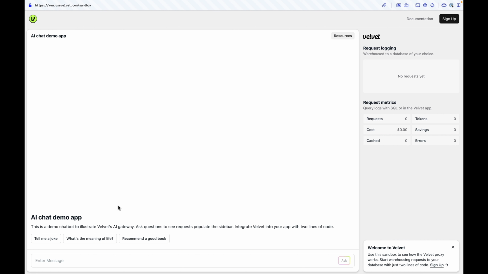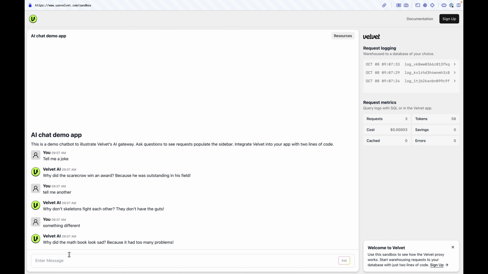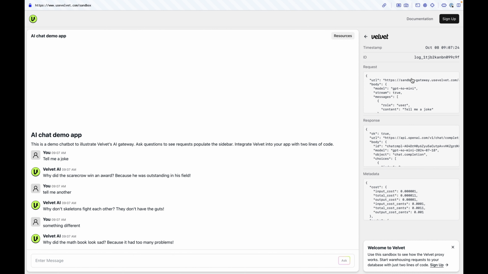As a user, I'll ask it to tell me a joke, tell me another. As I get responses back from the LLM, the logs show up in the sidebar. Inside, you'll see the raw JSON and all the queryable values like which model was used and whether caching is